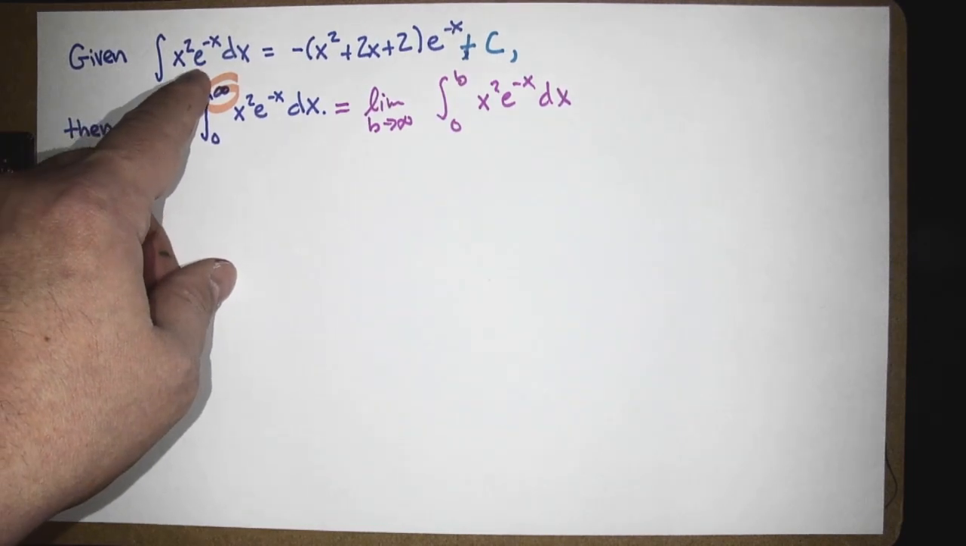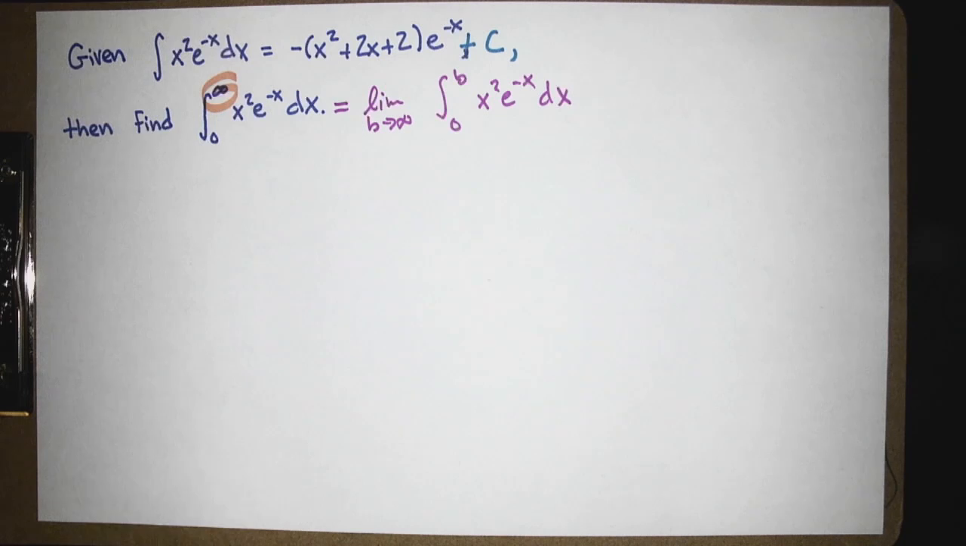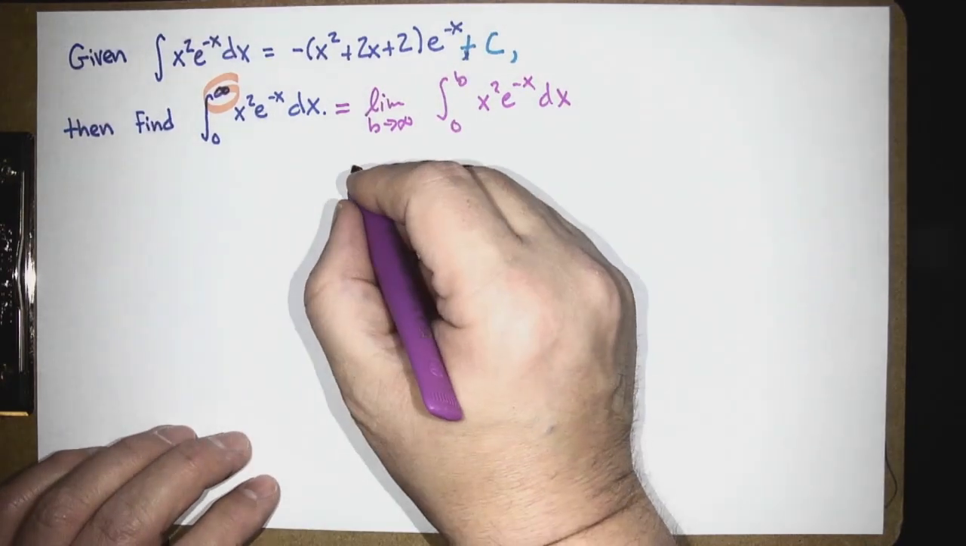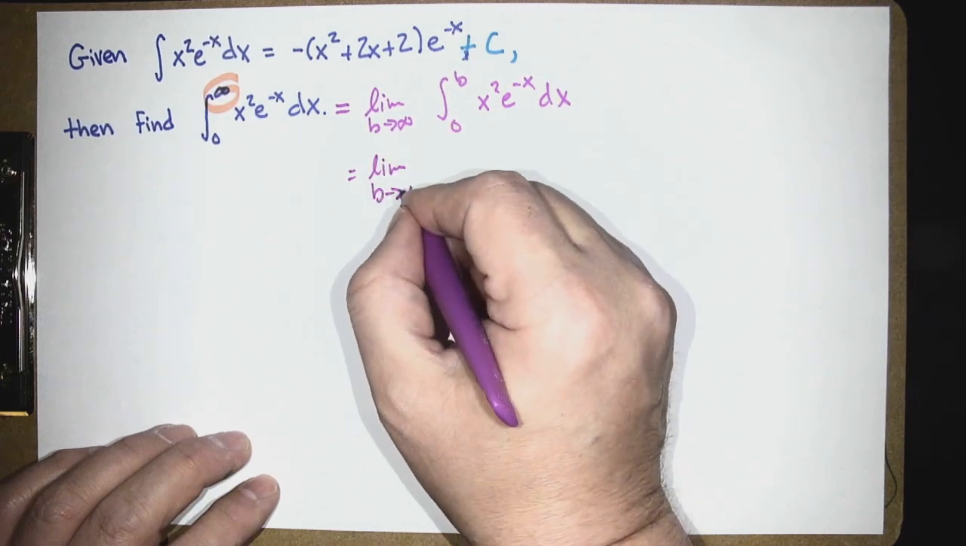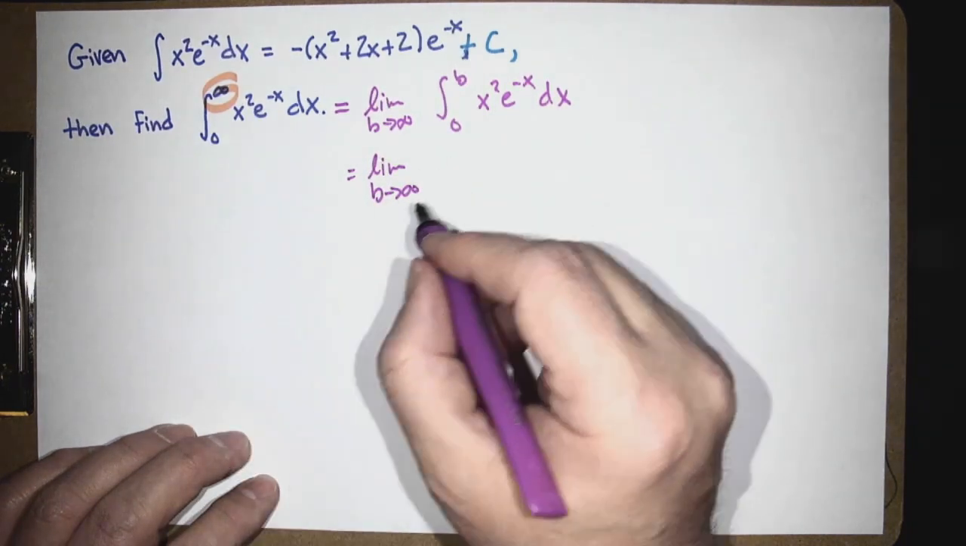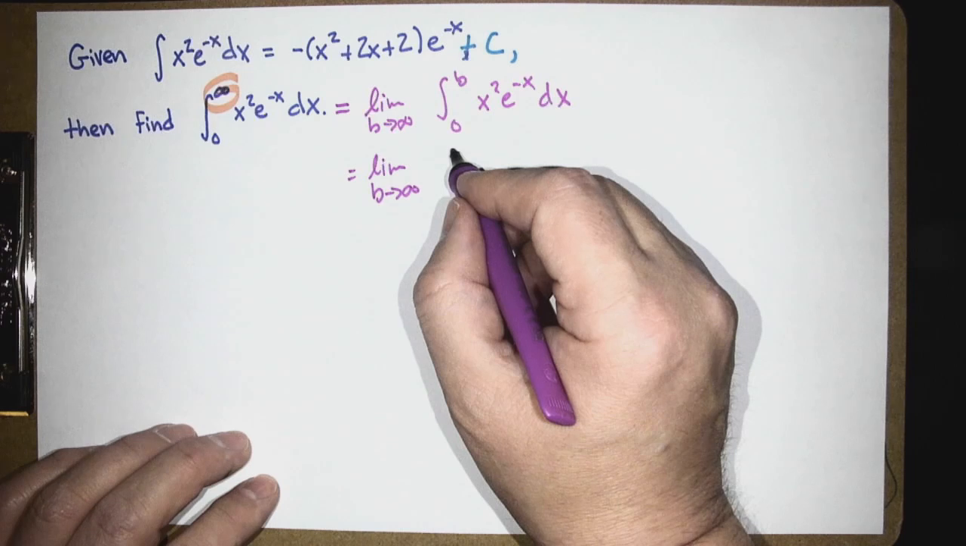Do we know how to integrate this? What's the technique? By parts. Integration by parts. So if you did integration by parts a couple times, you'd get the integral. But for us, in the interest of time, they said, hey, figure this out. Limit as b goes to infinity of